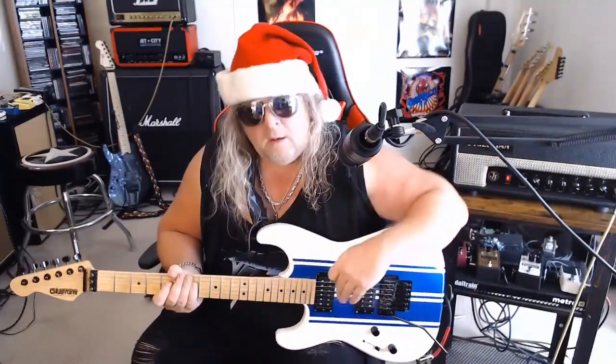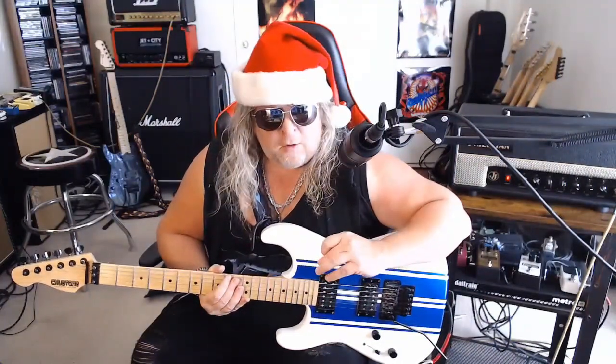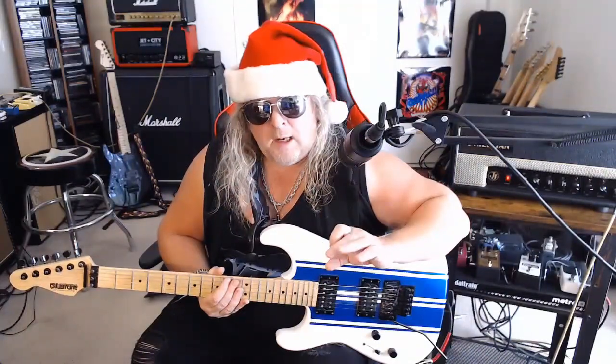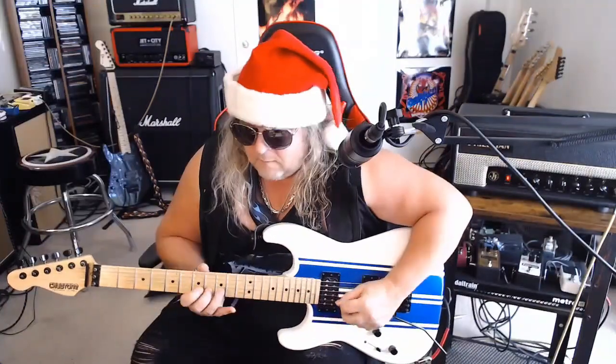And this is a thirds harmony, so it's a third higher up the scale in this case. Very common that you hear this in bands like Iron Maiden and Thin Lizzy. Very common with the thirds. So that is the first theme there that's going on. So once again,